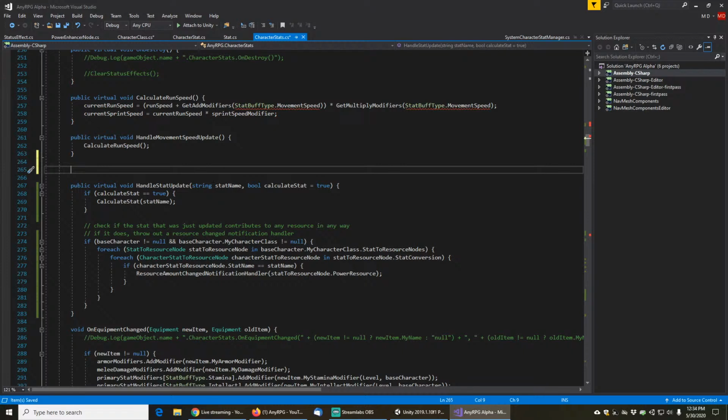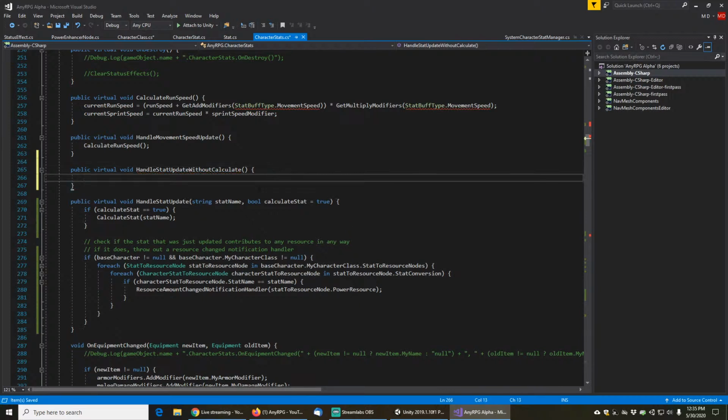So let's do something here. Basically, the subscription thing doesn't recognize overloads with default values. So what we need to do is make a public virtual void handle stat update without calculate. And no, you know what? That won't work because